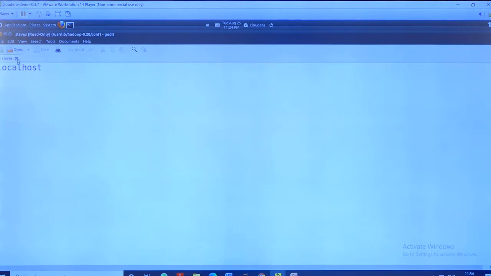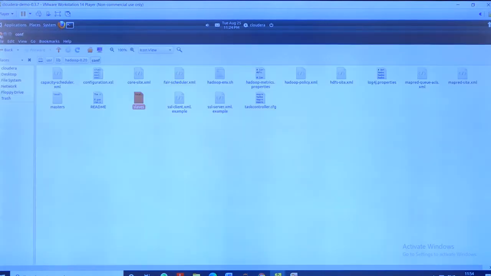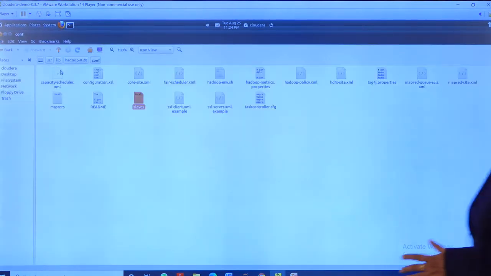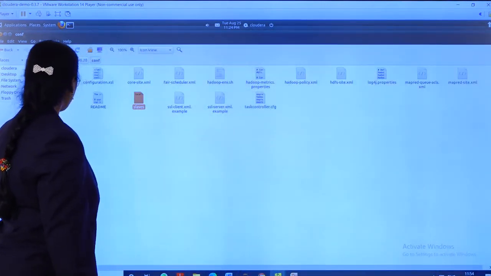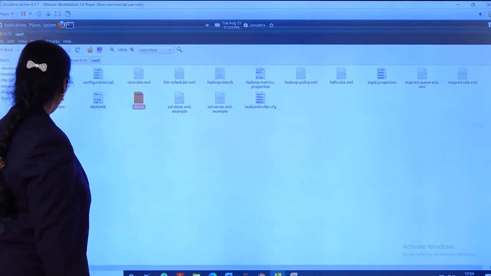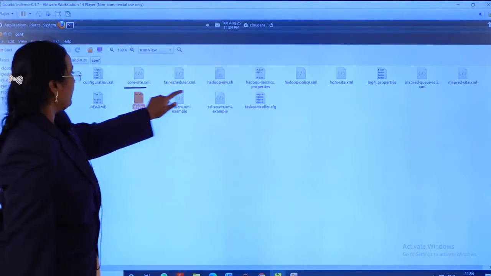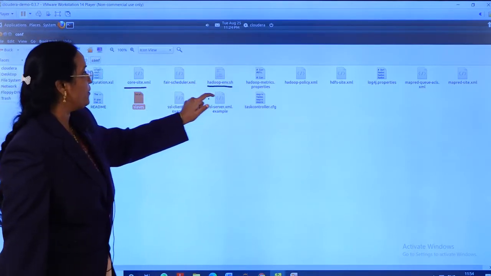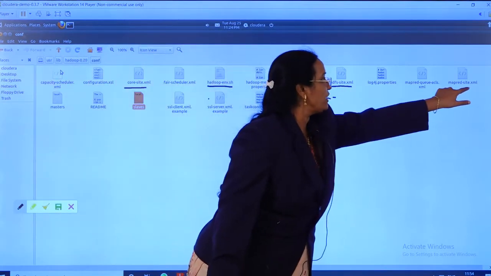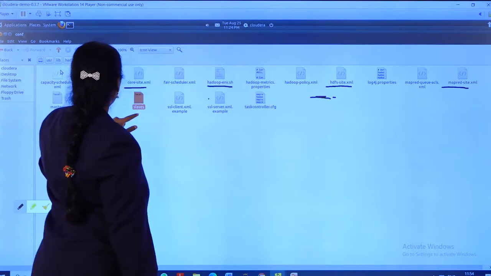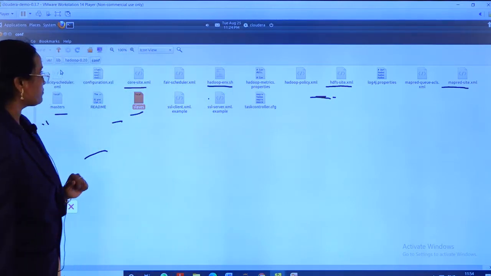So this is about our configuration files: core-site.xml file, hadoop-env.sh file, hdfs-site.xml file, mapred-site.xml file, slaves and master.